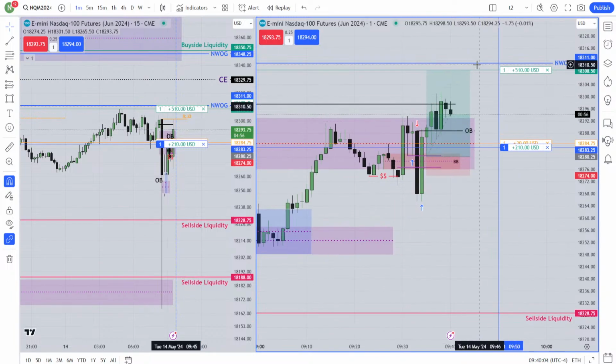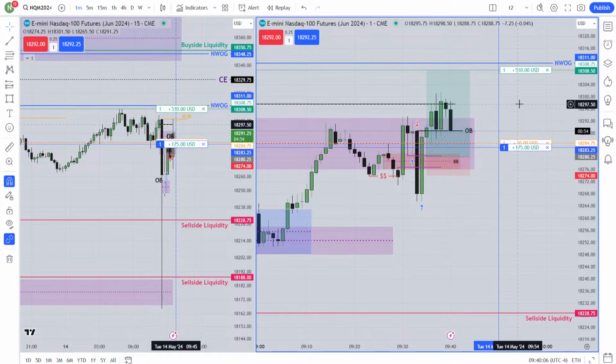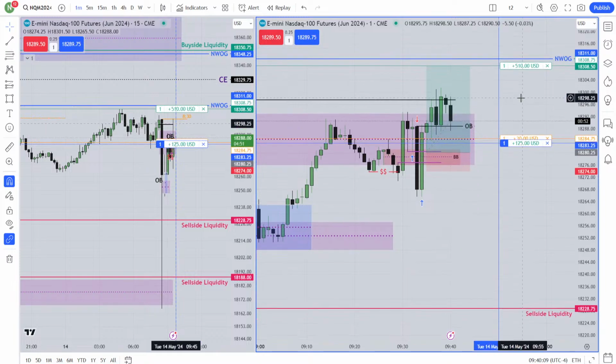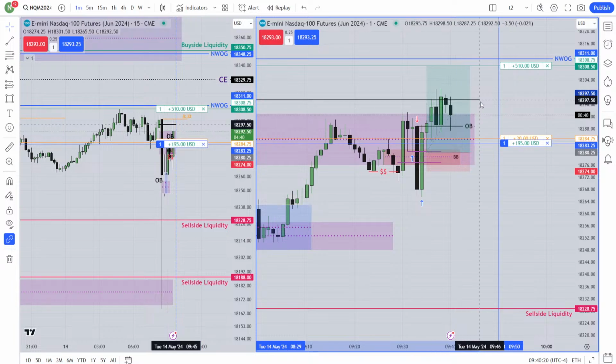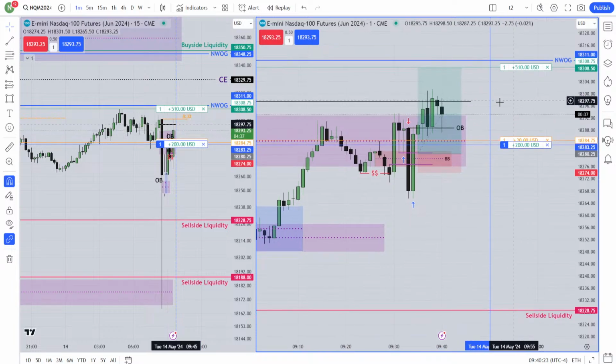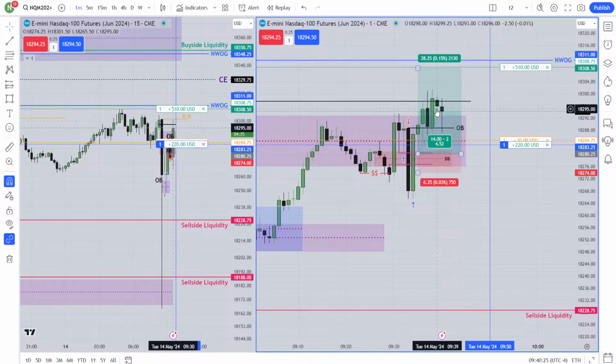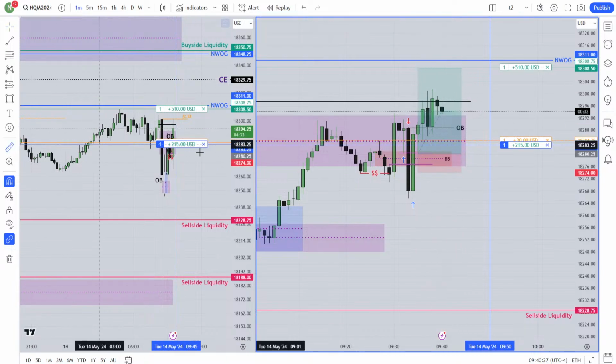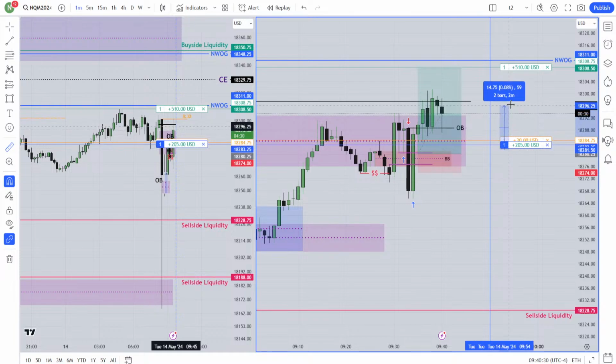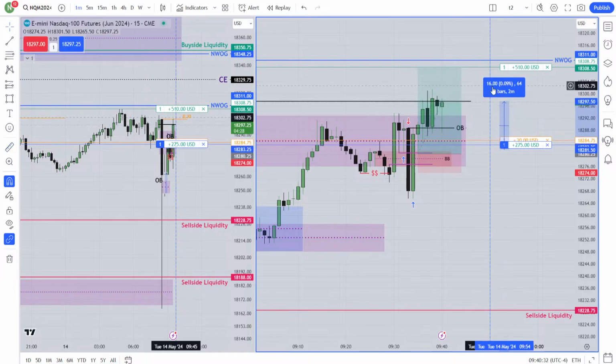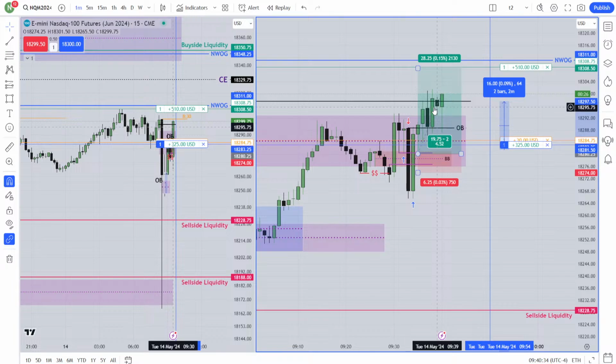Now either it will hit my target or it will hit my stop loss at break even. That's all. Oh, okay. So maybe you closed your trade at that line. I don't know where you put your target profit. But as I told you, the obvious thing is this run. From this breaker block to this line, this 16 handle is obvious. The market at least should reach that area.